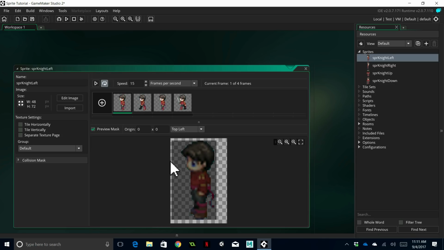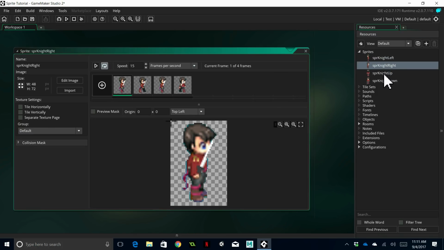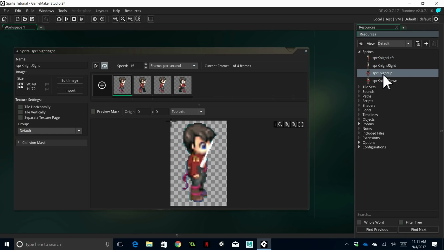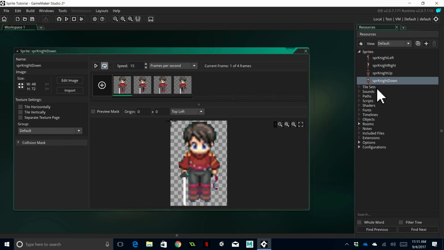Now you may wonder why it's got all this extra space on the side here, but if you go through your sub images here, you'll see that in one case that sword goes all the way to that edge there. So it picks the largest or the smallest volume that it can use to fill that space. And in the game, you may have other problems that you want to address with it. In fact, it's probably something we should talk about right now anyway. All right, so I'm going to open up all four of these and just make sure they all say top left. And then the next thing I want to do